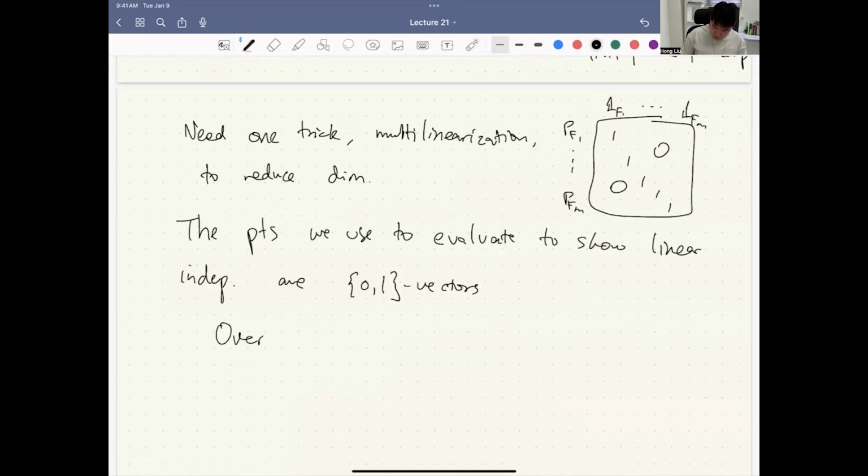Over 0, 1 vectors, any monomial, let's say x1 cubed, x2 to the 4th, x3,